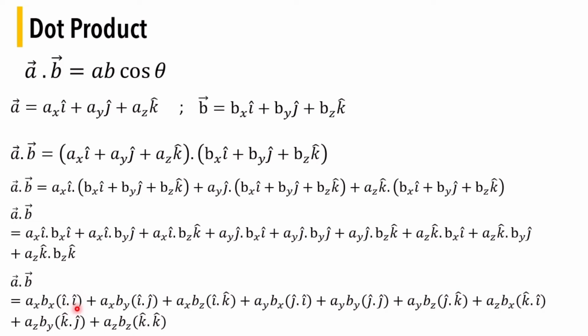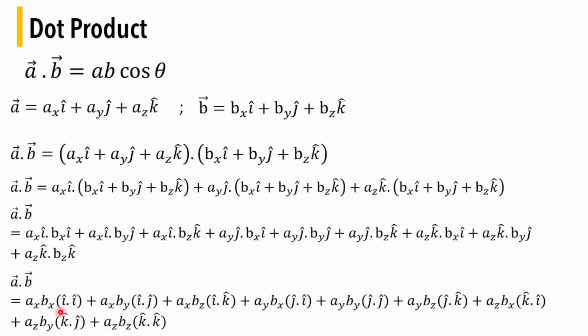So we will separate them to make it easier and simpler for us to calculate them. We will do this for all of these terms. We will separate out the vectors with a dot in between them. All of ax, bx, ay, by, and az, bz are scalar terms, and we can multiply them as scalars. But all the unit vectors will be separated out as dot products. Okay, now let's first see